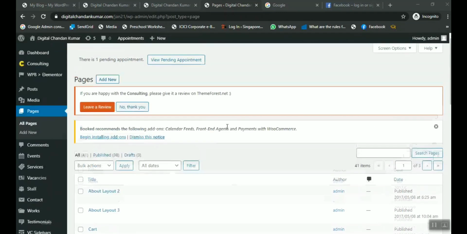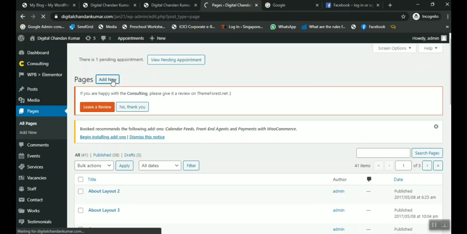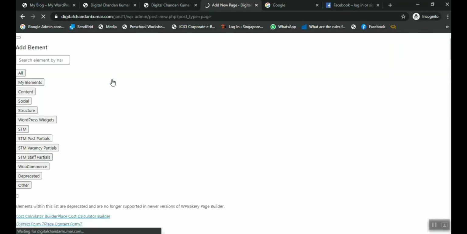So what we will do here is simply click on Add New, which can be seen in the top section of the pages. We will wait for the page to load. The page will load here and it will ask for the title, or the page name, or something. So we'll see what it is going to ask here, and we have to enter the detail it is asking.